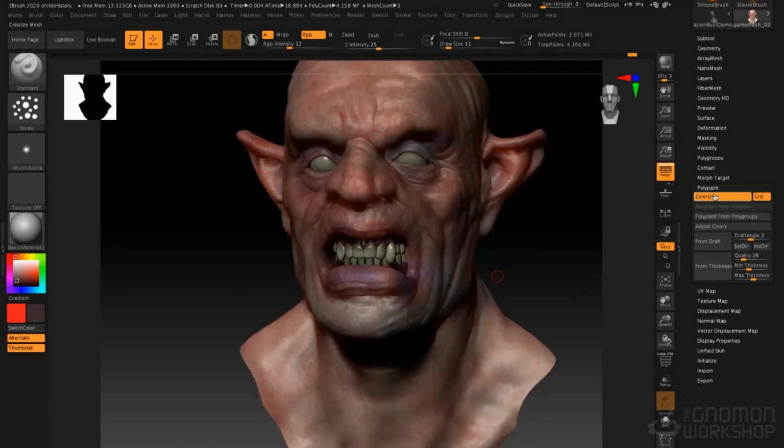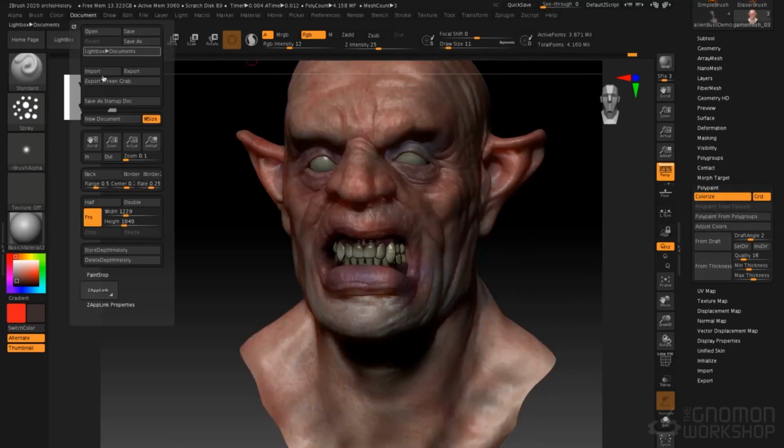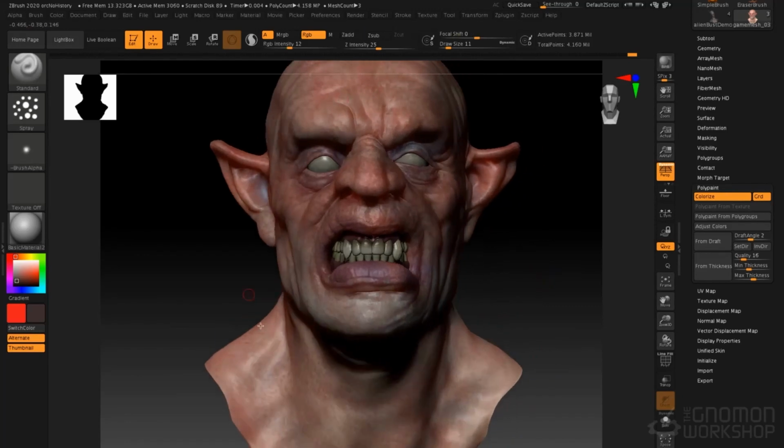Also, there is another video on ZAppLink, which is found under the document menu. ZAppLink allows us to texture using all the tools inside of Photoshop and the tools in ZBrush. So it's a really powerful way of leveraging the strengths of both applications. So I recommend that you go check out that video as well, because there's so much you can do with Polypaint. But the purpose of this lecture was to give you the basic understanding of how to set up your brushes and how to go about